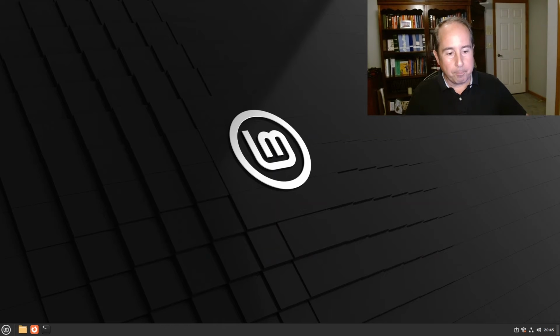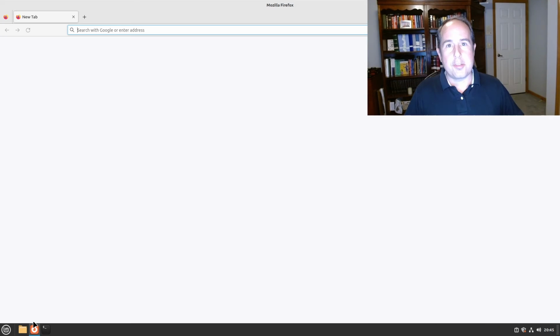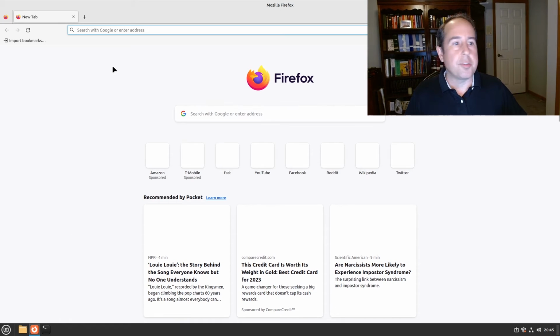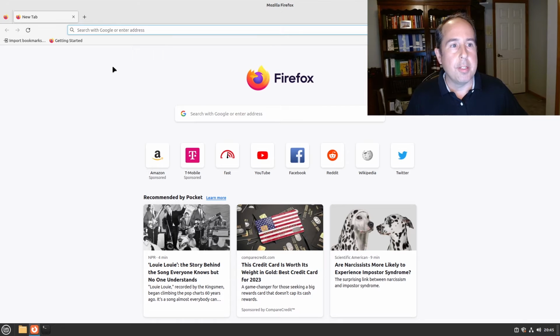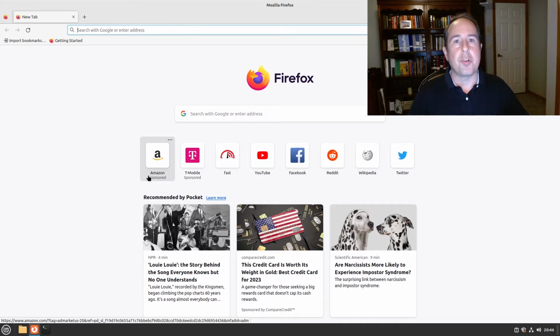So let's keep going. Down on the bottom I do see Firefox web browser. Well, that's exciting. So right out of the box this thing can open a modern browser and you can browse the web and even log into your Mozilla account, and all of your passwords and bookmarks would flow right back in. One good thing to know is that there are companies that have Linux versions of their software,